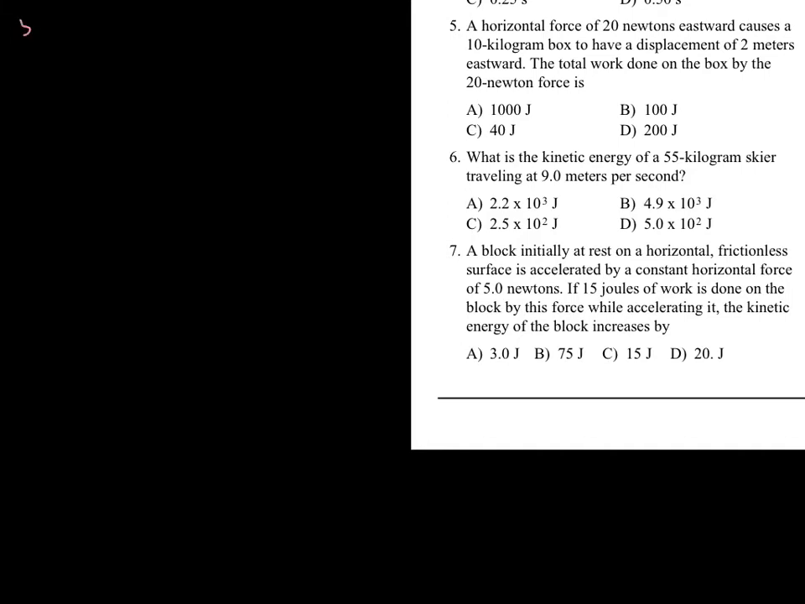Alright, number 5. We're looking for the total work done on the box by the 20 Newton force, and it moves a distance of 2 meters. So work is simply force times distance. 20 newtons times 2 meters equals 40 joules. That's it. Number 6. What is the kinetic energy